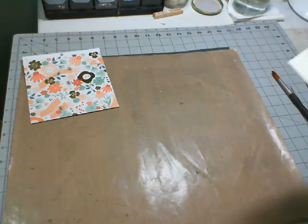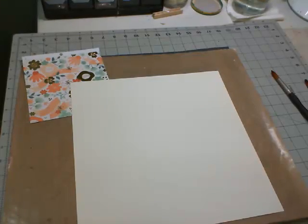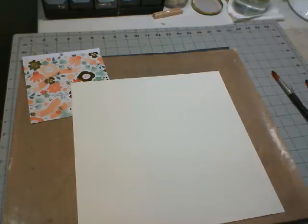So I'm going to use the B side of this to just start playing around with my collection. Now, I also have out a little pencil, and I'm going to place some marks in some strategic places so that